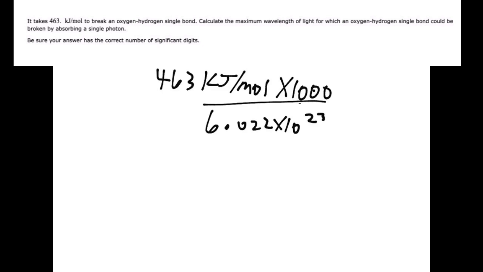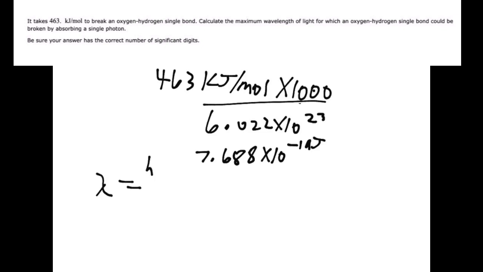And upon doing that math, we end up getting the number of 7.688 times 10 to the negative 19th joules. So that's the energy that it takes to break one of those bonds. Okay, now if we know that, we can now plug into that equation that we used before, which was lambda